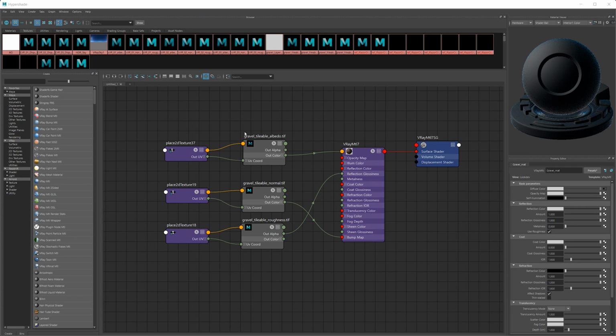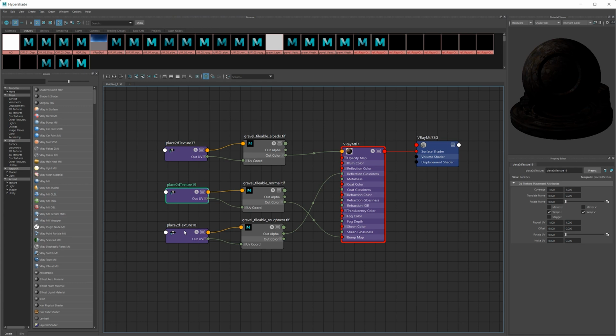So first of all, anytime you have multiple maps and they each have a separate placement node, that's potentially problematic, because if you go to one placement node and do the repeats, let's say 4 and 4, now you're going to have to remember to do that here and here. What I show in the video, you can just grab one of these nodes, attach them like this.